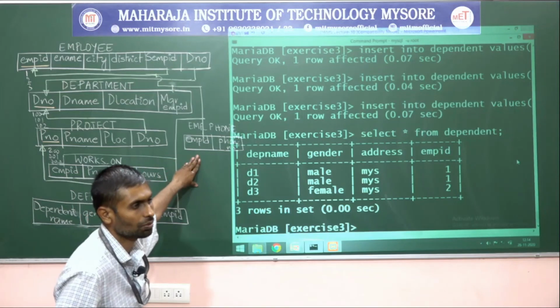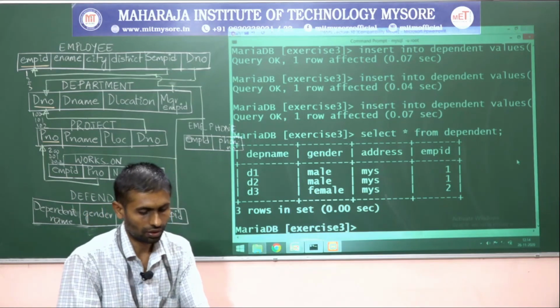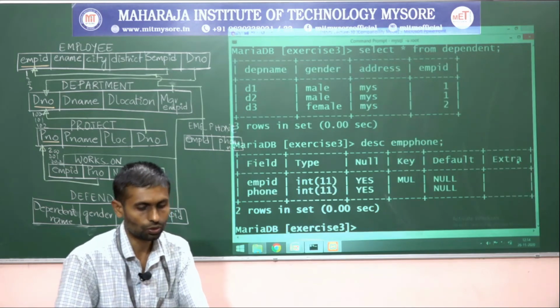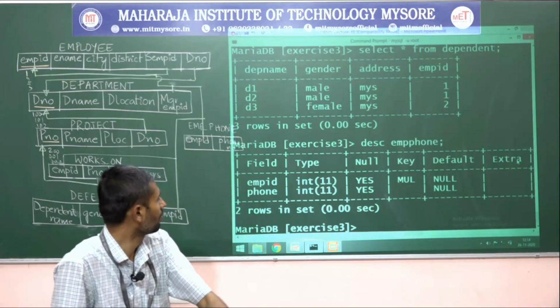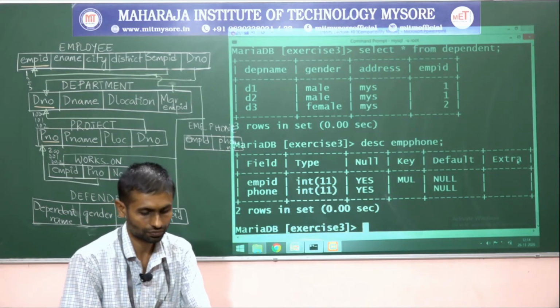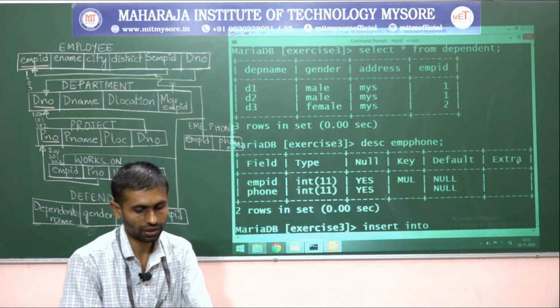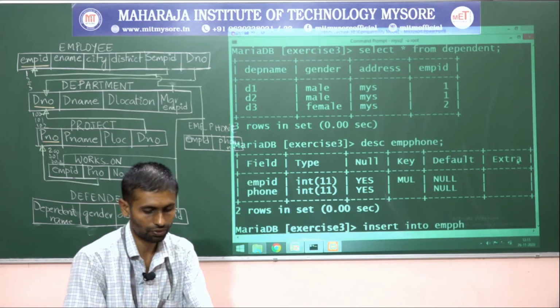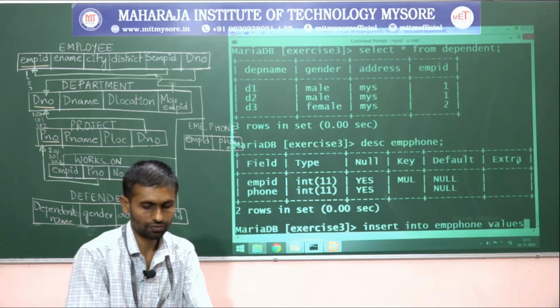Let me add some tuples to employee phone. Describe EMP phone. We have only 2 columns where employee ID is a primary key. So we will insert into EMP phone values.